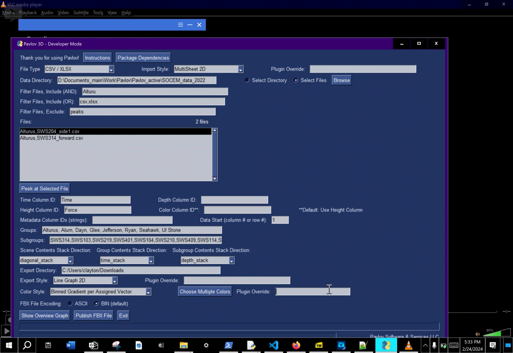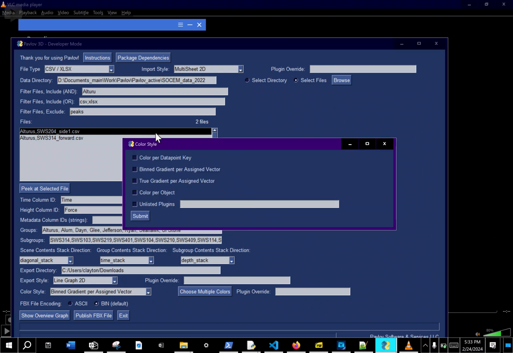This plugin override stuff is really interesting. Really stoked on what that's doing. So basically, I'll show you. I can have multiple colors in the same model. So I can say, I want every individual curve to be a different color. First curve, second, third curve, those are 3 different colors. And then I also want to see another model that I can turn on and off, so I can switch between the two, how is color useful to me. And then I can also see the model that shows me the color gradient based on height,